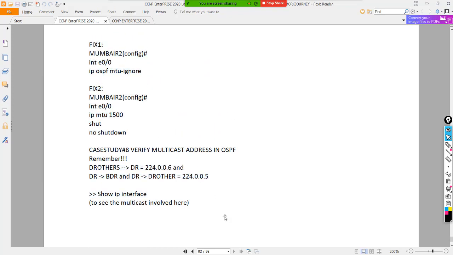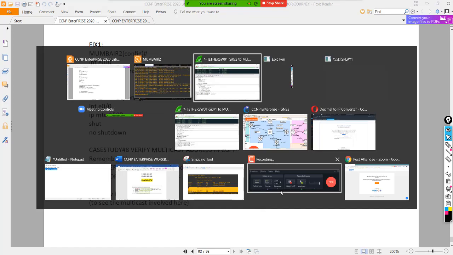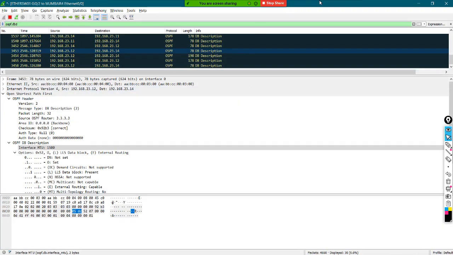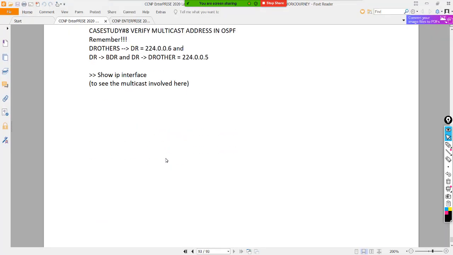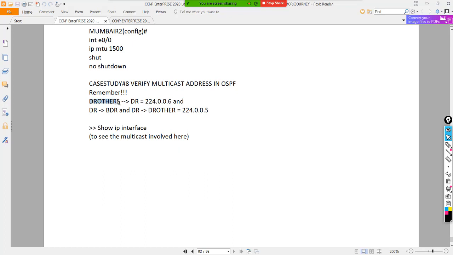Okay, last thing that should be done for the day. That's regarding 224.0.0.5 and 224.0.0.6. We talk about two multicast IPs. In the case of multicast address, your DR others to DR will be communicated on this multicast, and the rest of the things like DR to BDR and DR to DR others would be on 224.0.0.5. So why do we do this? Because we don't need the other routers which are DR others